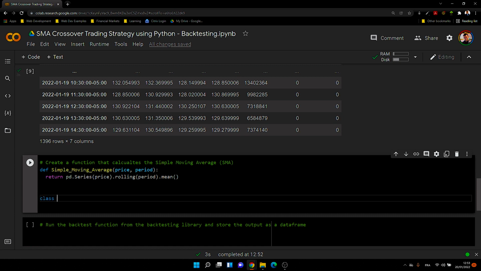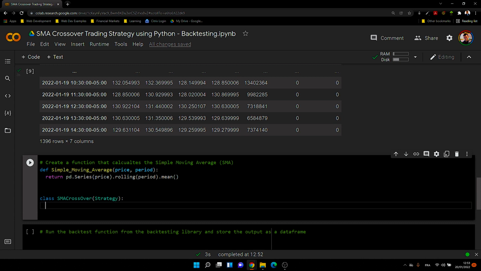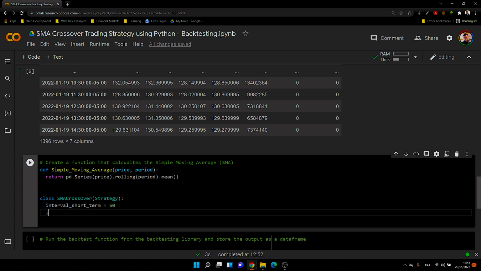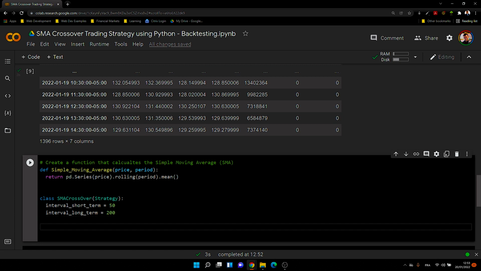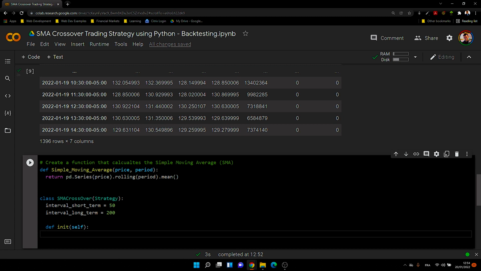Next, we will define a class called SMA crossover. And this class will take in strategy from our backtesting library. And we will give it a variable called interval short term, which will be equal to our 50 days period. And our interval for the long term will be our 200 days period for the 200-day moving average. And here we will define an init function, and we'll pass in self. And we will define a variable called close, where we say that's our